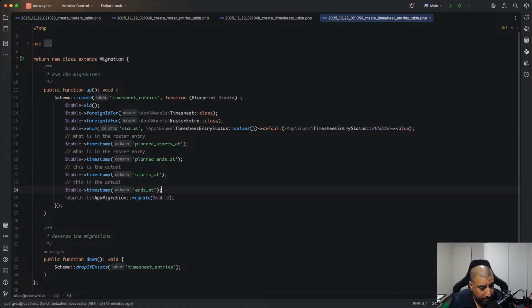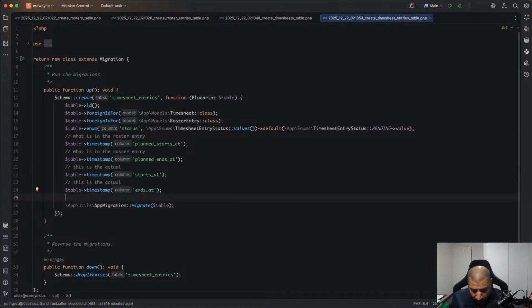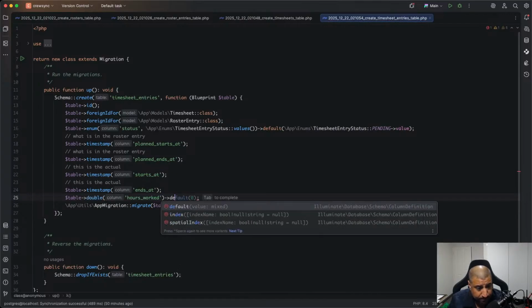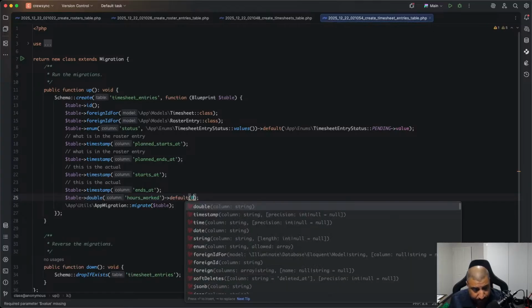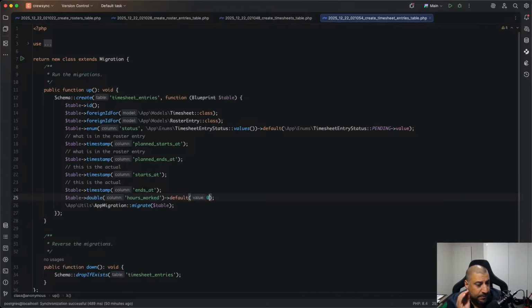Now, this can also have a double of hours worked. All right, so let's start with 0. All right, so this one is based on the